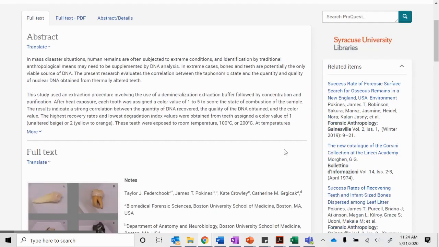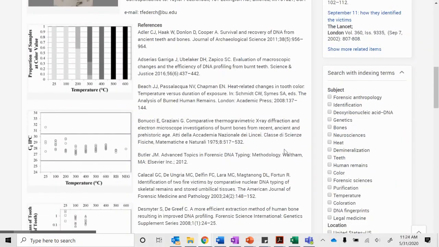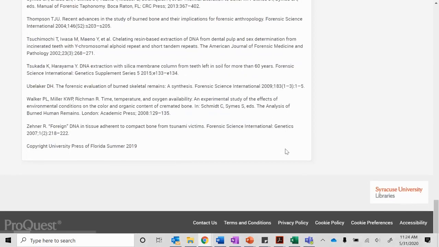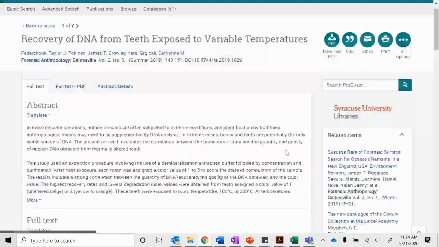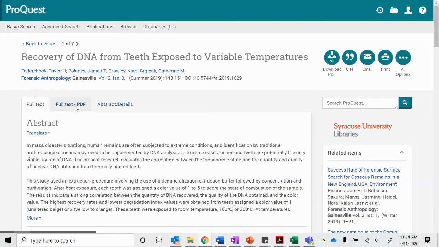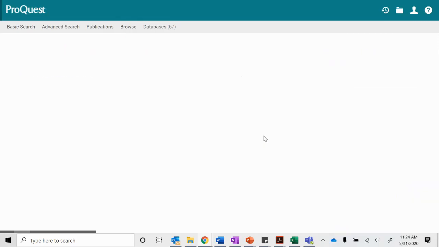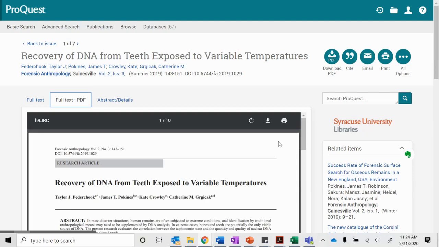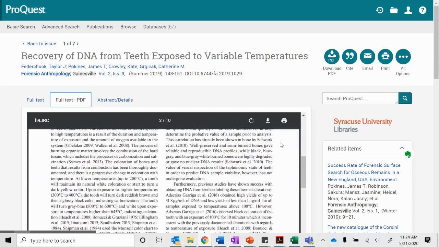So here I can read the abstract. I can see the figures that are in the article. I can see the references in the article. And then at the top here, I have links to get the full text of the article. And I can download that full text as a PDF, which I can then annotate in OneNote or in Adobe